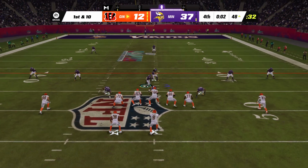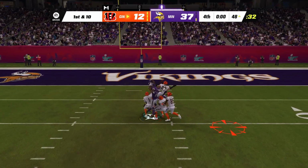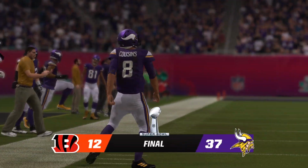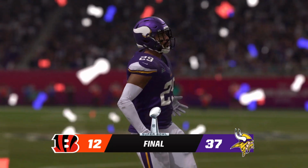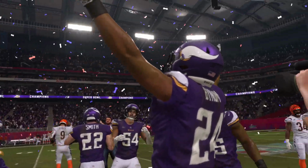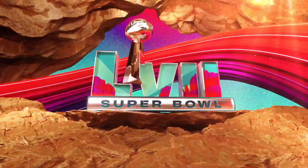A final shot now for Burrow. He's going to loft one deep over the middle. And that will be incomplete, as time has run out on this football game. And they have done it. The Minnesota Vikings are the Super Bowl champions, and the Lombardi Trophy is going back to the land of 10,000 lakes. And when this moment